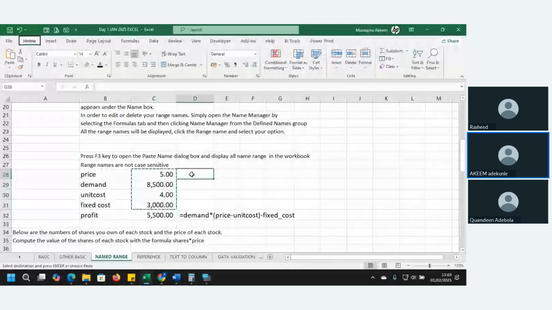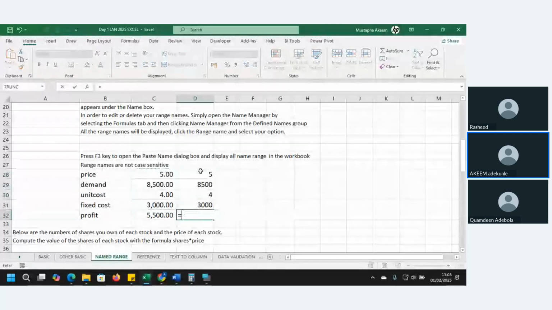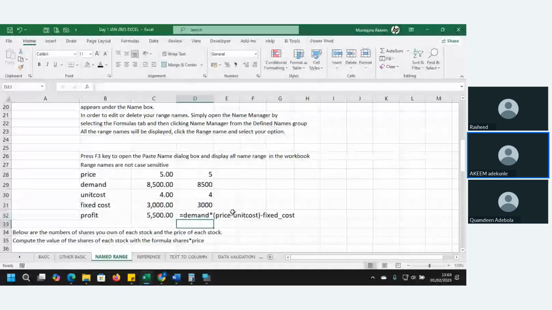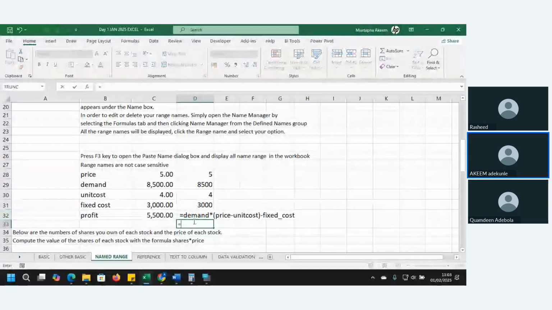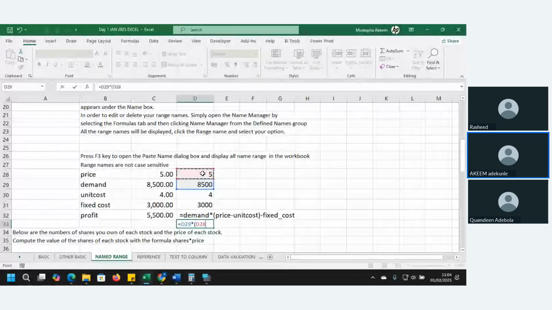I will say equals, that is demand, multiplied by open the bracket price minus unit cost, close the bracket, minus fixed cost.